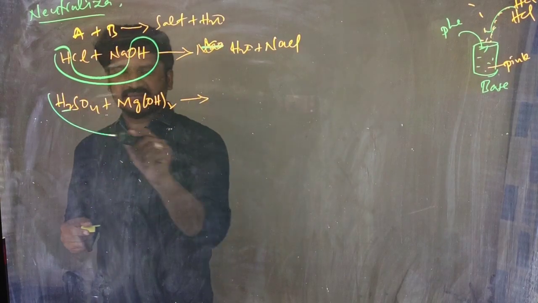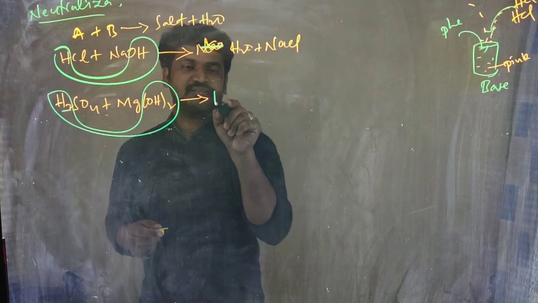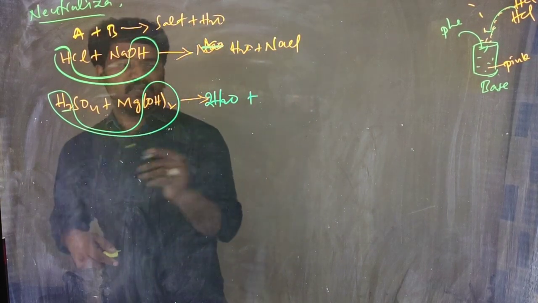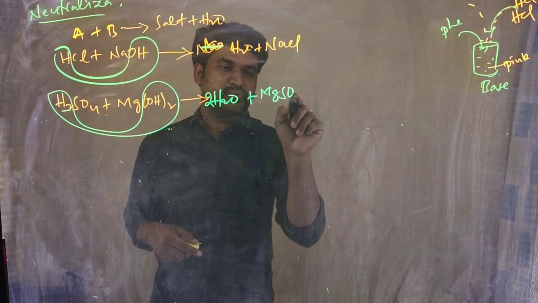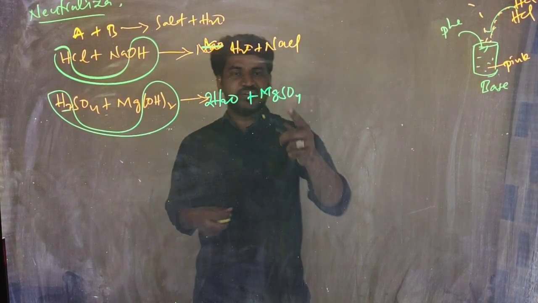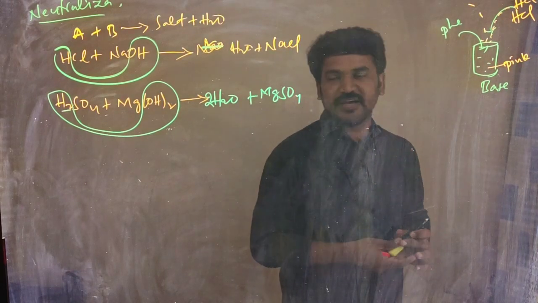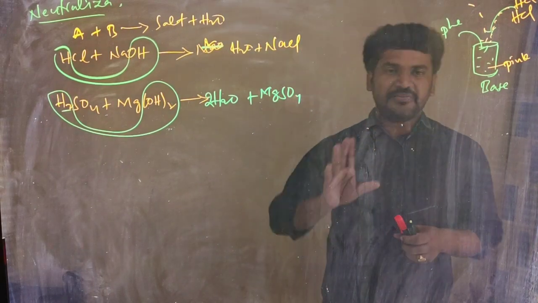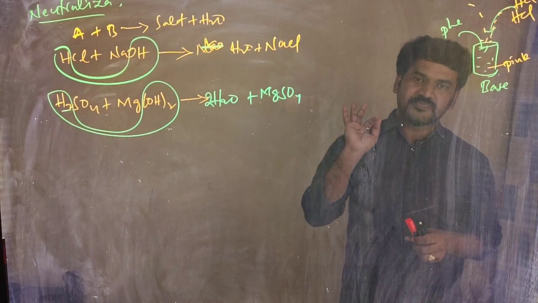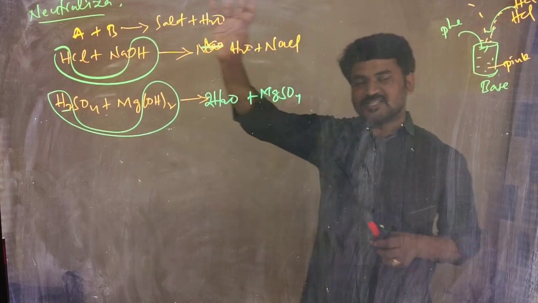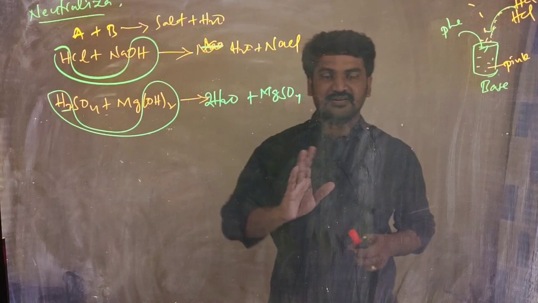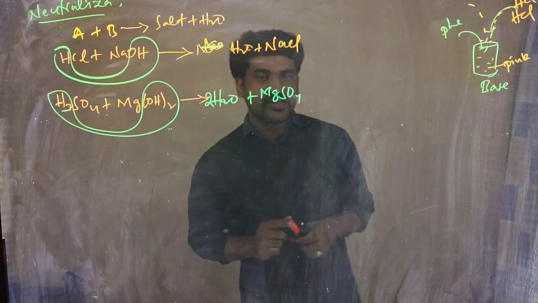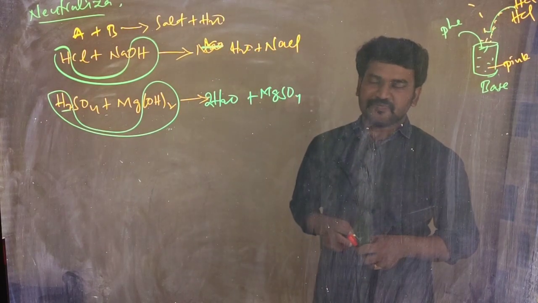So that is released as H2O. How many H2O? 2 H2O plus MgSO4, that is water and salt. That reaction is said to be a neutralization reaction, right? Remember, any reaction you take, if it is forming water and salt, only water and salt, no other substance, like carbon dioxide we get in a metal carbonate reaction, no? Not like that. We need to get only water and salt. That reaction is said to be a neutralization reaction. Is that clear? Right, very clear.